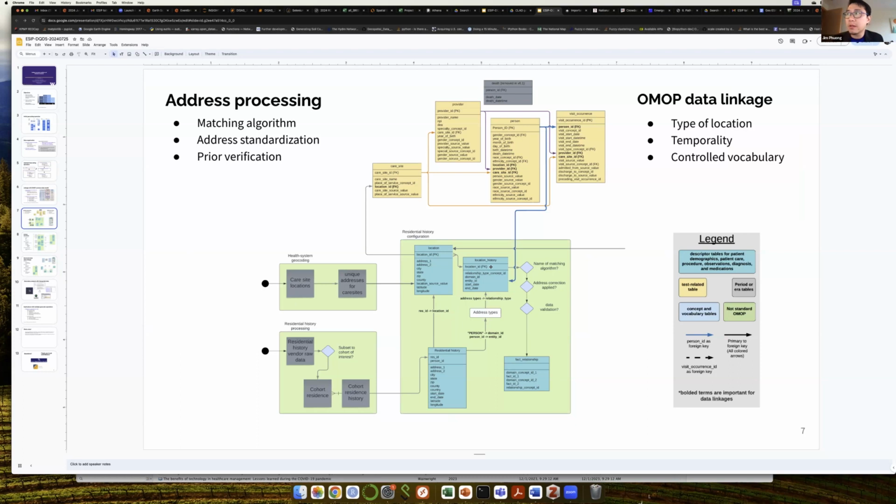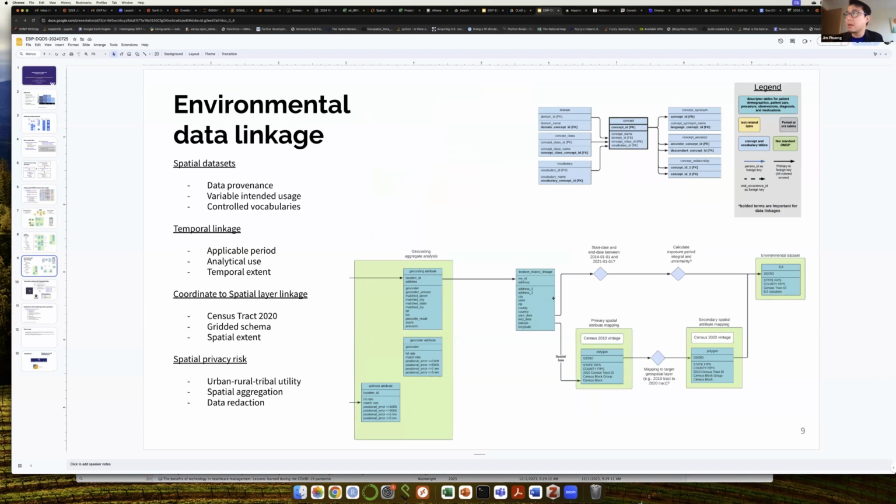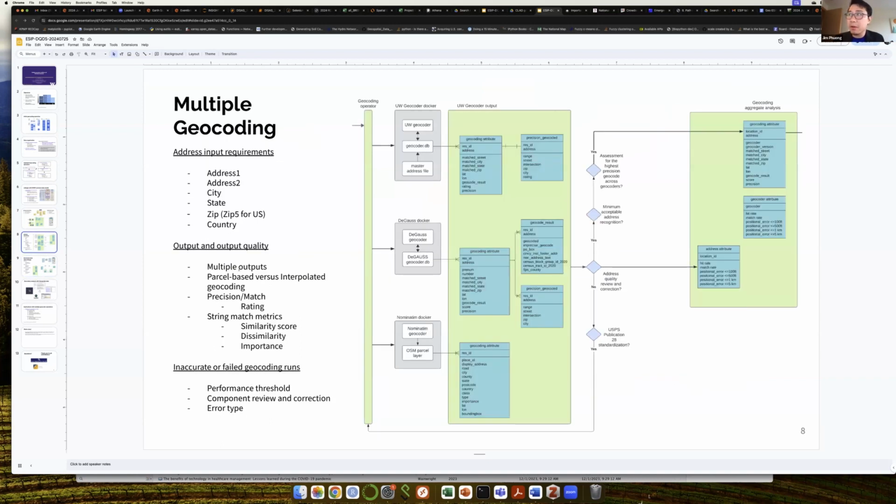And then the downstream outputs from DeGAUSS, they make an educated best geocode decision, and then they basically go from here through here through here, and with the best geocode, they then do this linkage with, I believe, the social vulnerability index, and are in the process of doing that with the environmental justice index as well. But for multiple geocoders, my bottleneck right now is actually reconciling all 3 of the outputs from my deployment